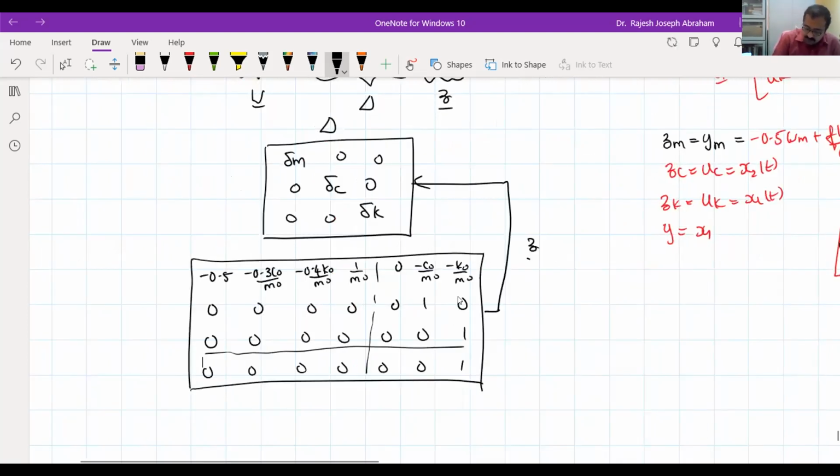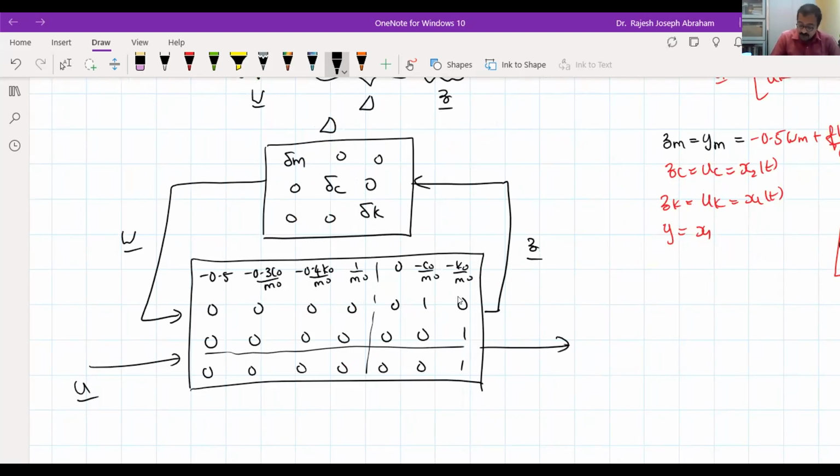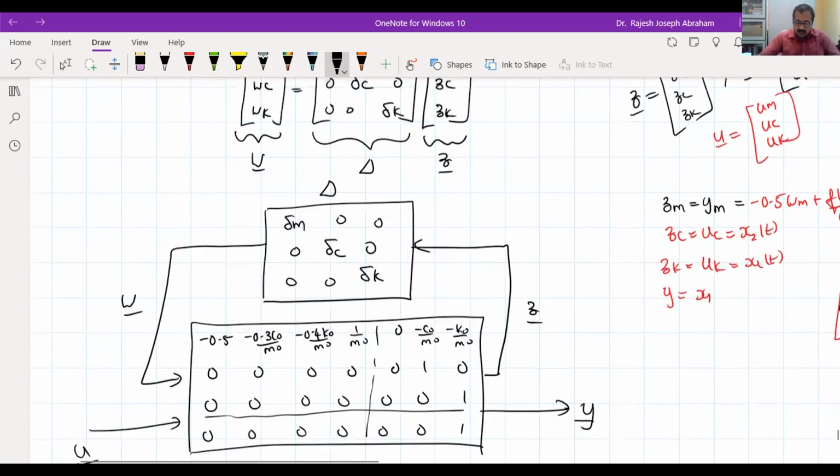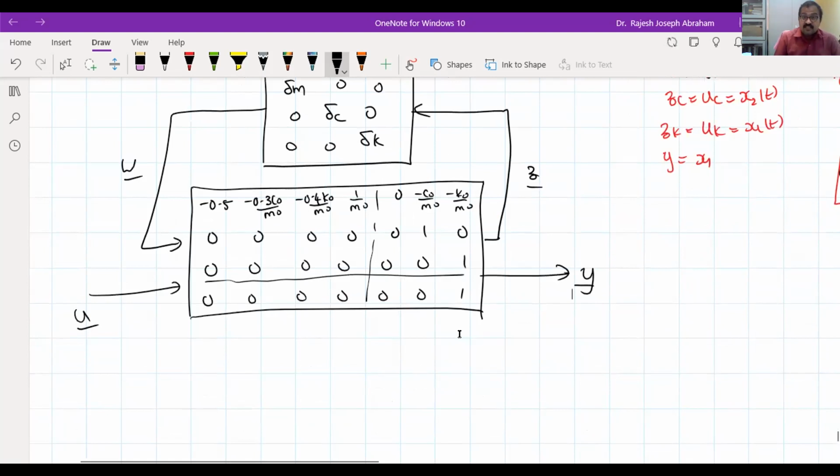This is Z. This is W. And here we have the control input U, and this is the measured output Y. Okay, so in this way, we have represented our system which had perturbations in its parameters in standard LFT form. The perturbation block has been separated out. The nominal plant has been separated out. Okay, so this unknown matrix delta is structured.